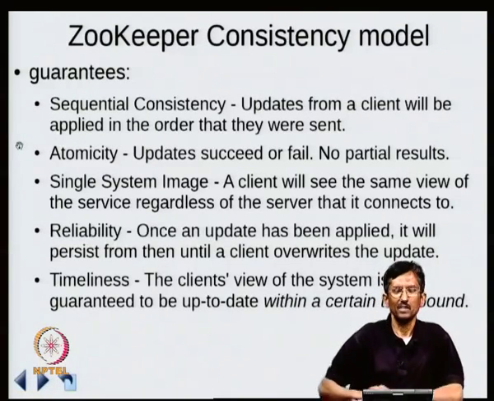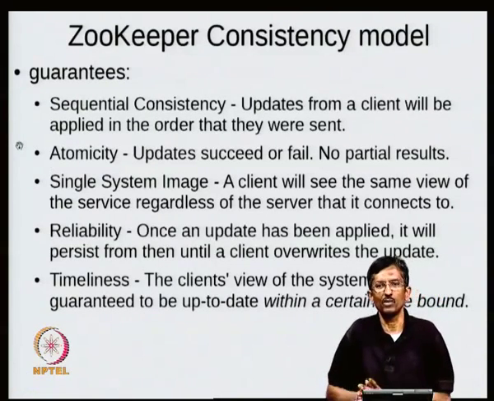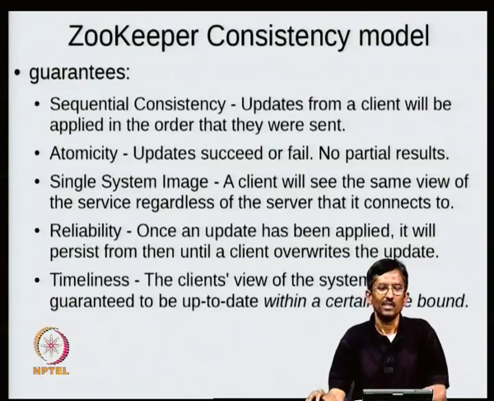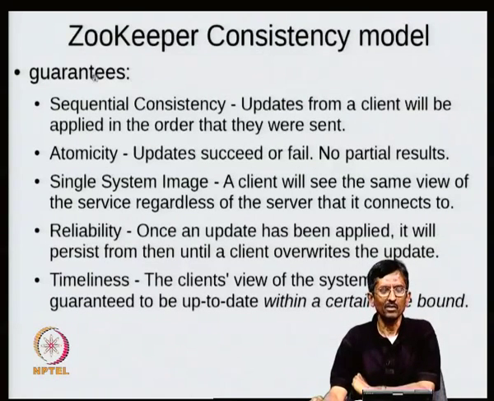So let's just look in some detail at the Zookeeper consistency model. This Zookeeper consistency model guarantees the following: sequential consistency. Updates from a client will be applied in the order that they were sent. It's not the case that they will go in different orders. As I mentioned earlier, the web does not have this property. That's why the cricket score need not be monotonic. It will show 365 and then suddenly it shows 360 later. It's possible.